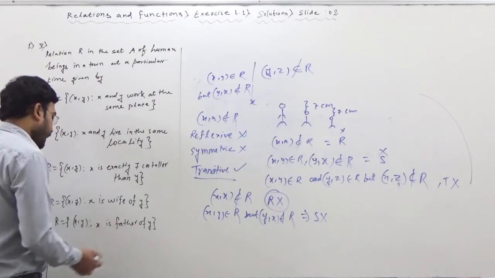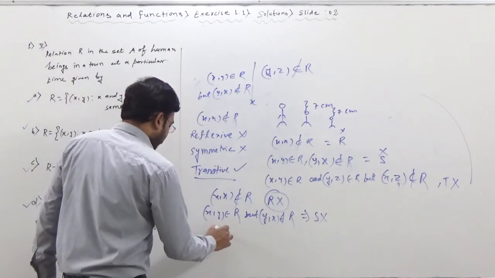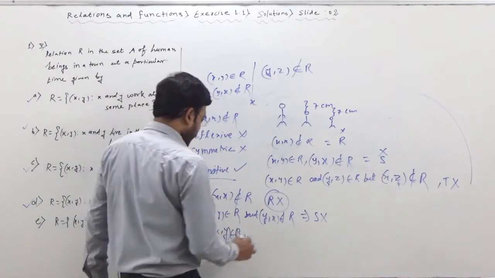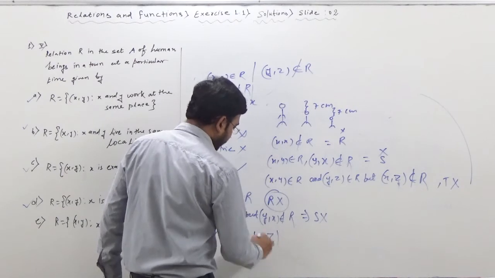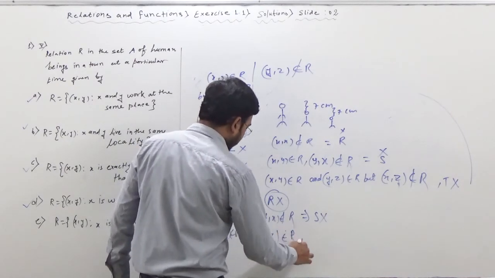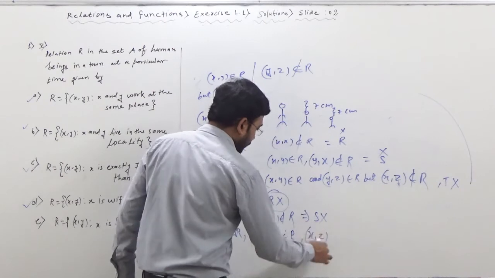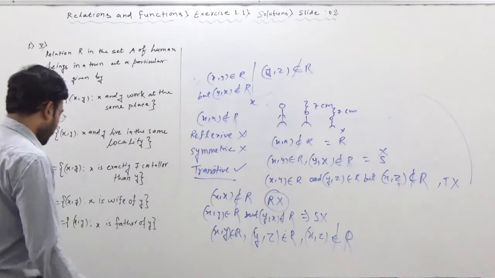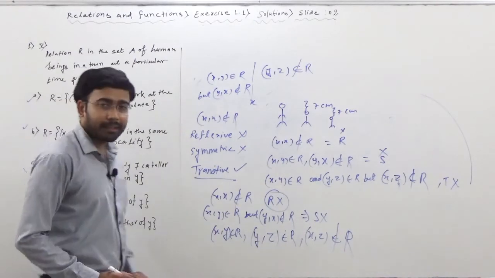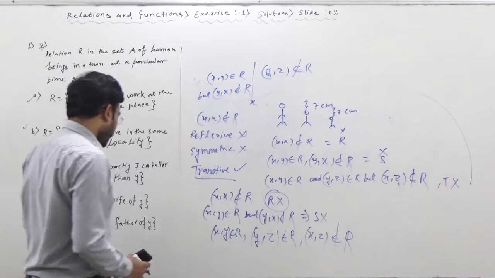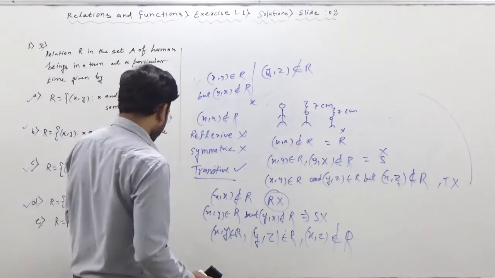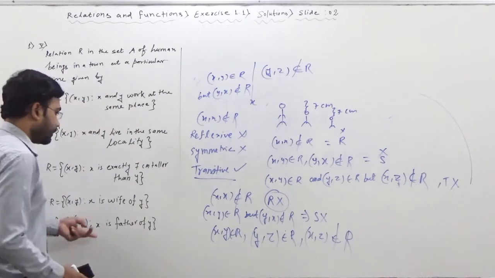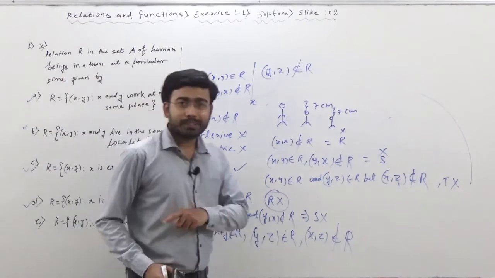So once we are talking about transitive relation, what we will say, here x comma y belongs to R. Yes, x is father of y. Y is also father of someone, z. But here it is going to be a grandfather relation. Yes or no? So this is not going to be a father relation. So this is not going to be a particular transitive relation, isn't it? So this is not going to be transitive. No, nothing. It's not going to be reflexive, symmetric or transitive. Let's move to next slide.